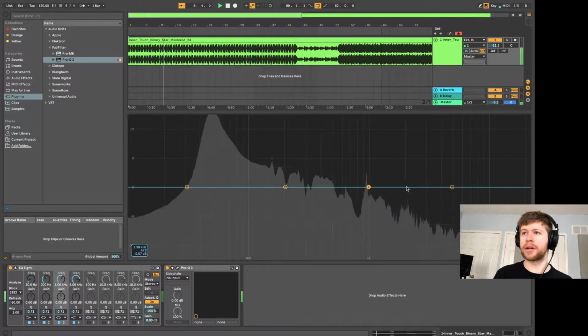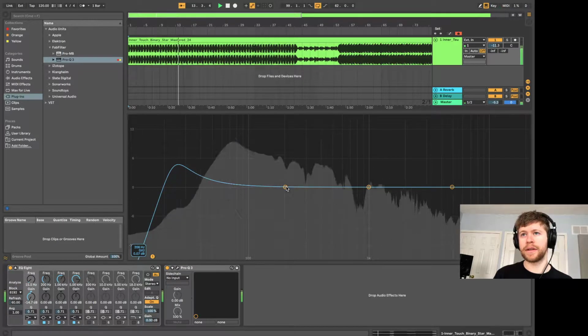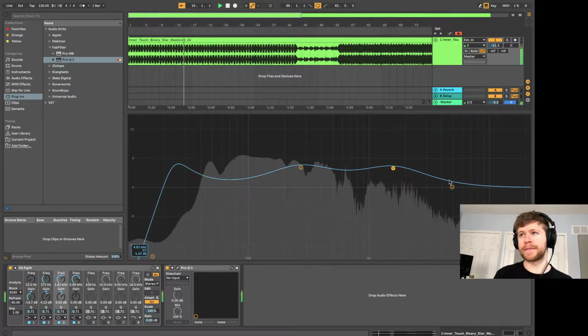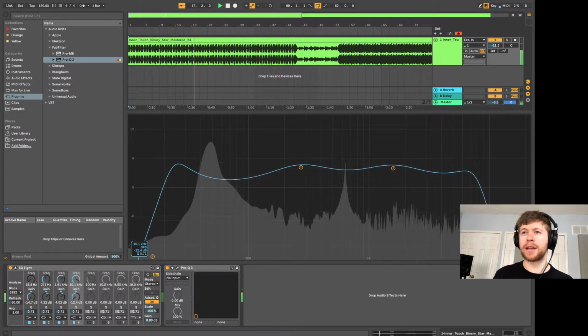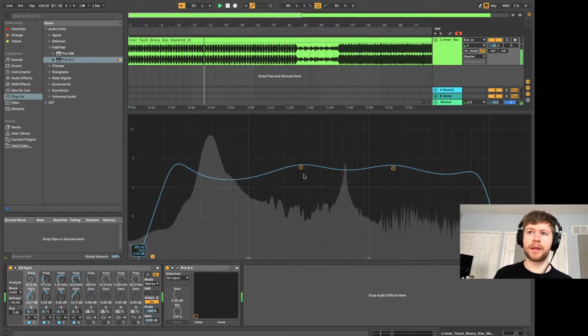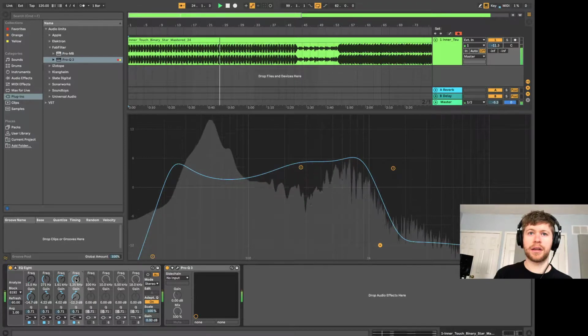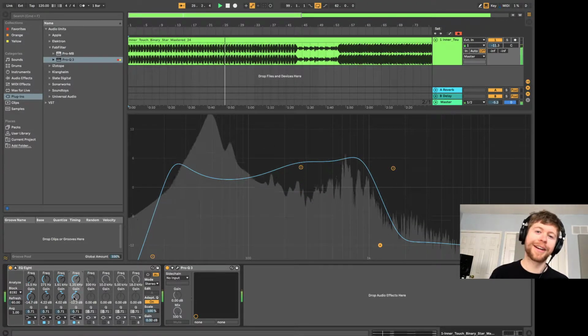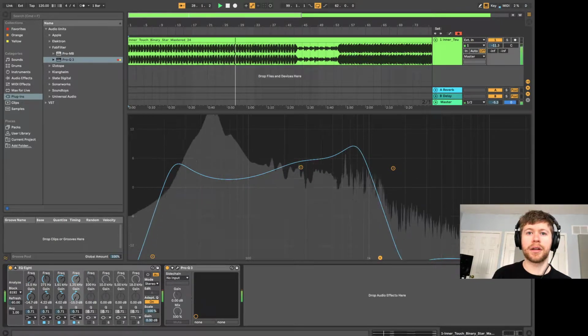It comes with 4 nodes kind of built in. First one's a shelf. Then you've got some bells. And this one is also a shelf. They're numbered, so what you do is go through. If you click one, it highlights it down here, and you can adjust aspects of your EQ. Turning up the gain, adjusting your Q,